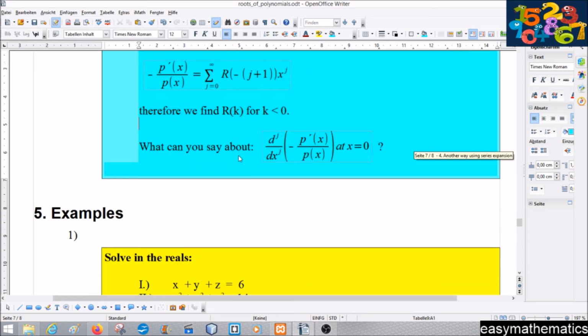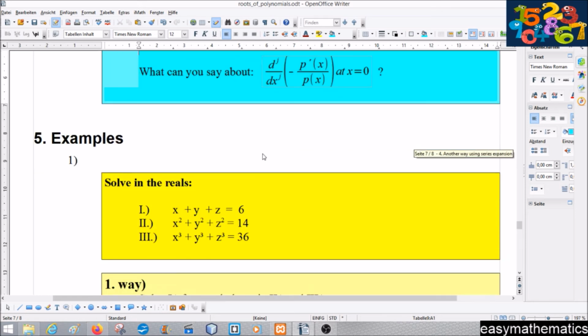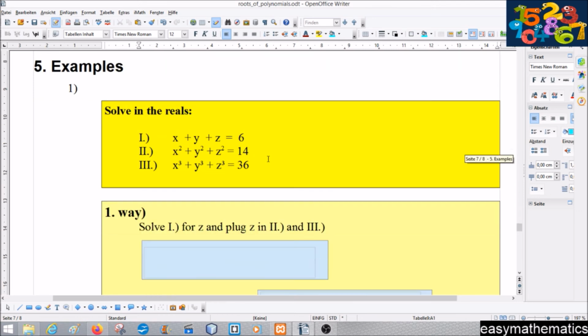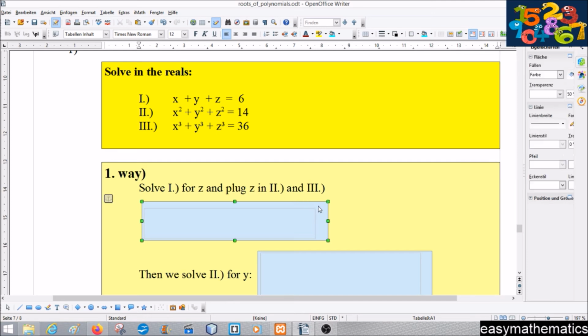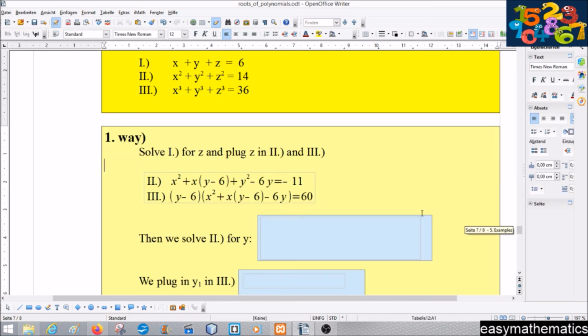Point 5, the examples. One example: solve in the reals the following system of equations. The sum is 6, the quadratic sum is 14, and the cubic sum is 36. And the first way is maybe the most natural way. For example, we solve 1 for z and plug z into 2 and 3 to get the following two equations,